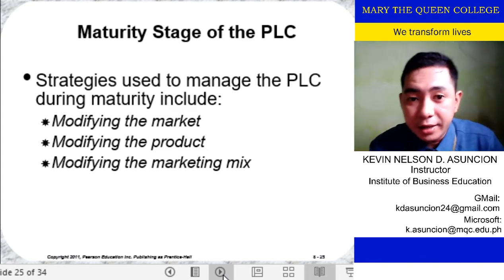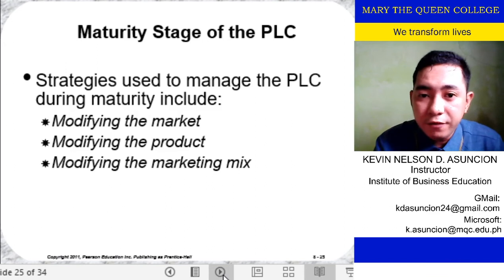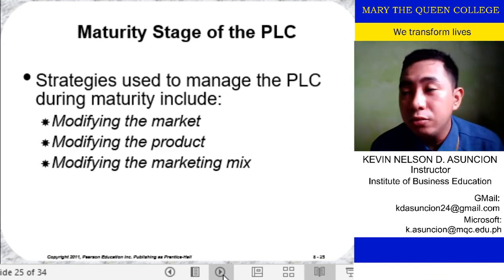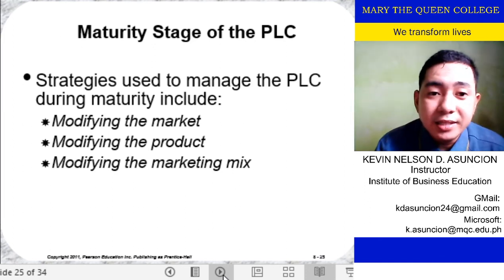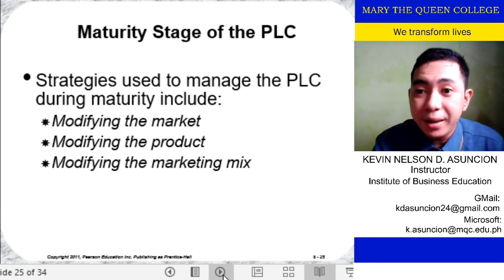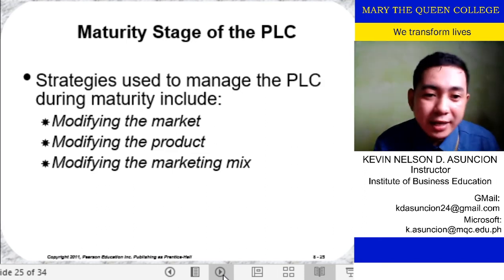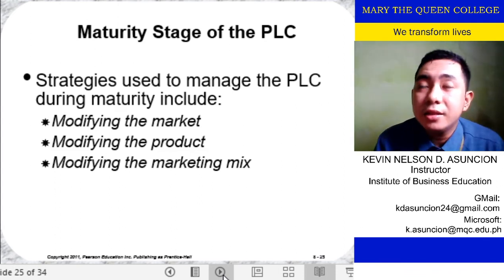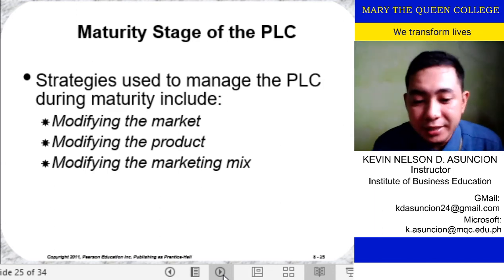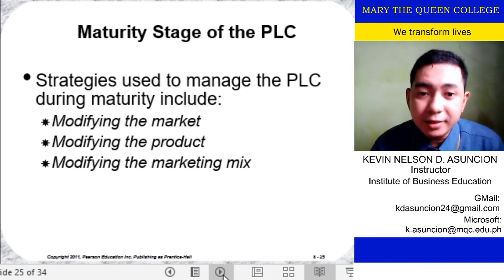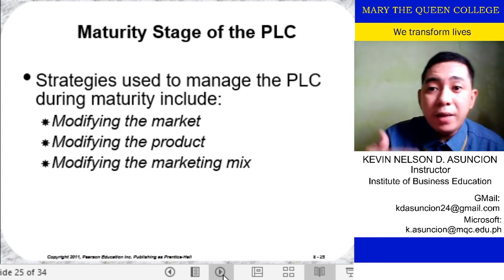During maturity stage, you need to modify the market or modify the product or modify the marketing mix. I'll tell you this. At some point, dahil nagsasawa sila, you need to make changes. It's either you modify the market, you need to expand the market, or modify the product para may abangan sila. Di ba? You need to excite them because yun nga, as part of the theory in economics, you need that ever-changing strategies na you get them satisfied, in a timely manner, I'm sorry. Para hindi rin sila umalis.